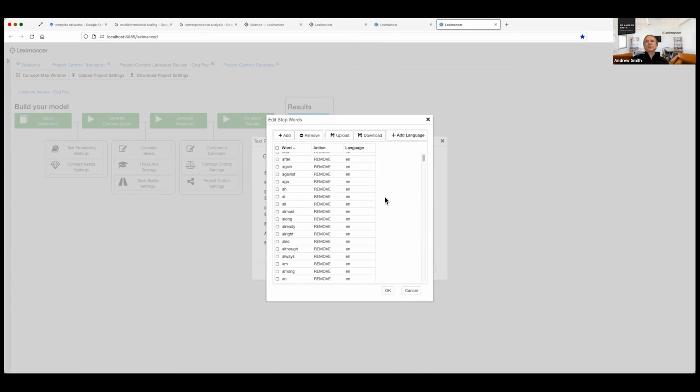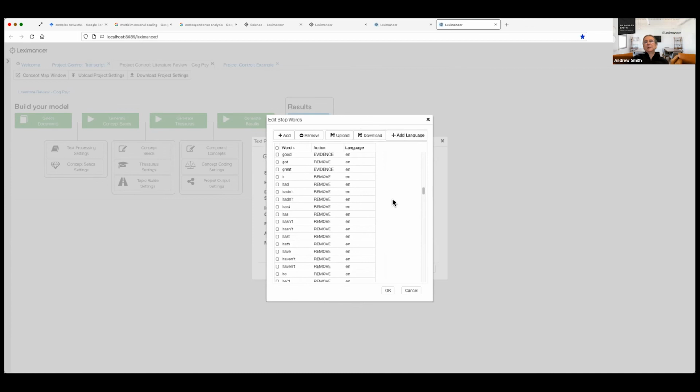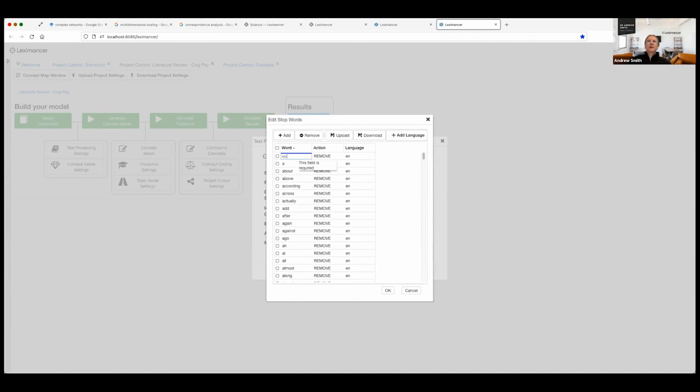These are words that are removed from the data before it's analyzed. It's a fairly big list of words in English which have a low meaning, not very semantic, in other words. So you could add another word here. If I added vol there, for example, then that would be removed from the data. So you can add them there, but do be aware that this is per project. So if I save this, this is just for this project.